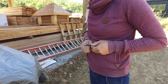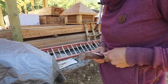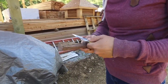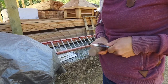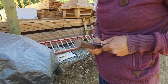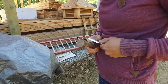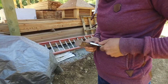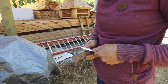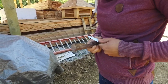What I'm doing now is called a scissor cut, or some people have other names for all of these, I'm sure. But we're basically using the knife as a scissor, and our control comes from our thumb pushing the hilt of the knife. It's not a way to remove a lot of material, but it's a great way to do details. What I'm carving right now is probably the hardest part for most people in any spoon carving,